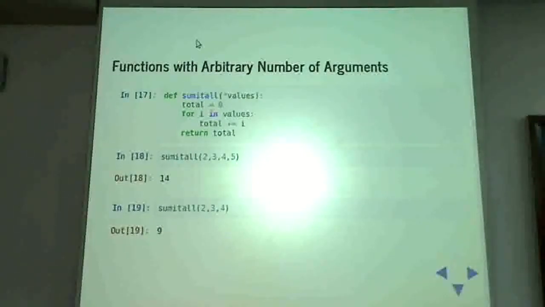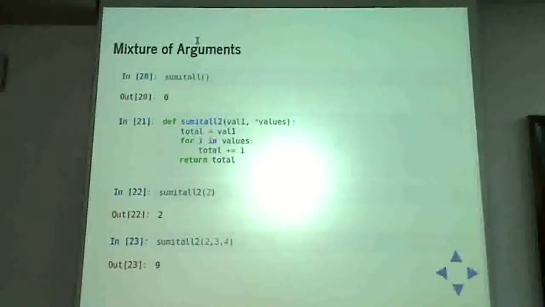No, since it's a list, you can give it a mixture of data types. But if your logic here doesn't support that, say in this case it's an addition operation, and you give it data types which do not support that addition operation, Python will throw an error saying that I can't do this operation for the data types you have asked me to work on. Now if I supply nothing, values becomes an empty list, and therefore I'll get a 0 as an answer.